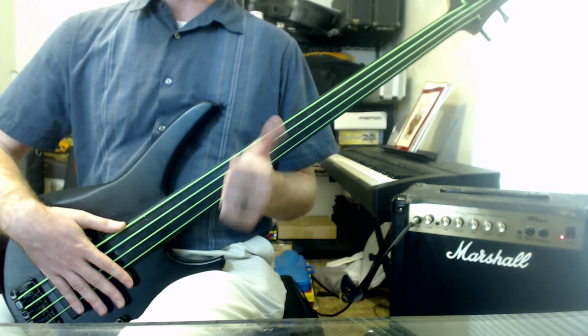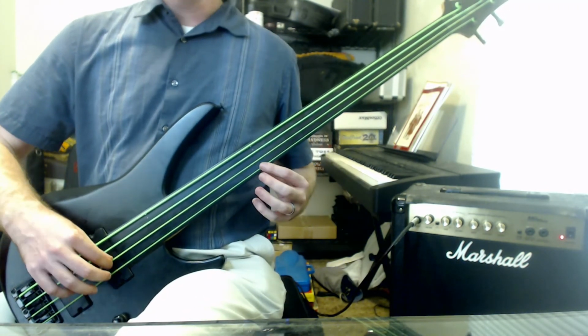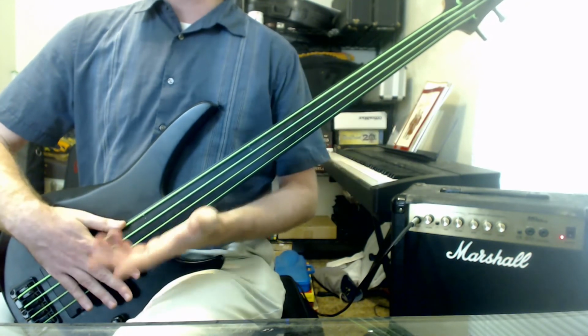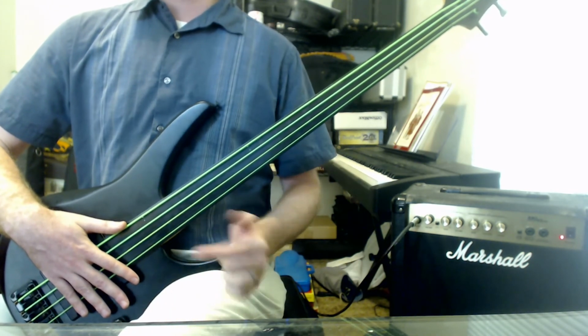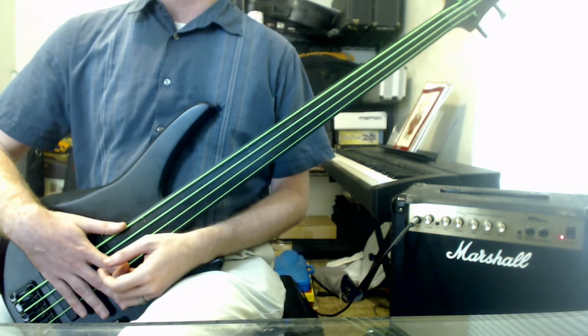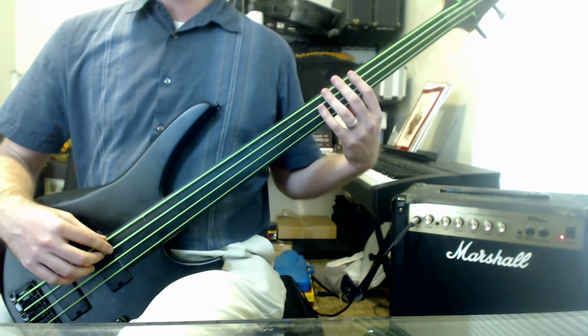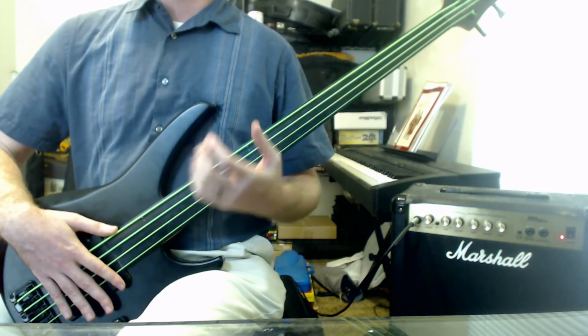Because yes, that's where our intervals come from. Not just the octave, but the fifths, the fourths, the thirds, even the seconds. All of them are from that overtone series. More or less. We'll get into the details next time, but this time, get whatever it is that you're learning